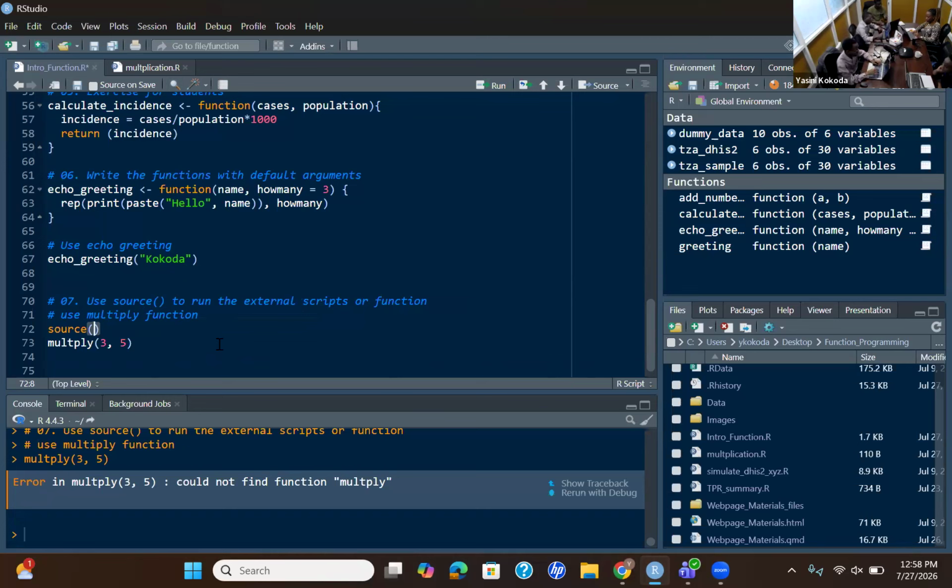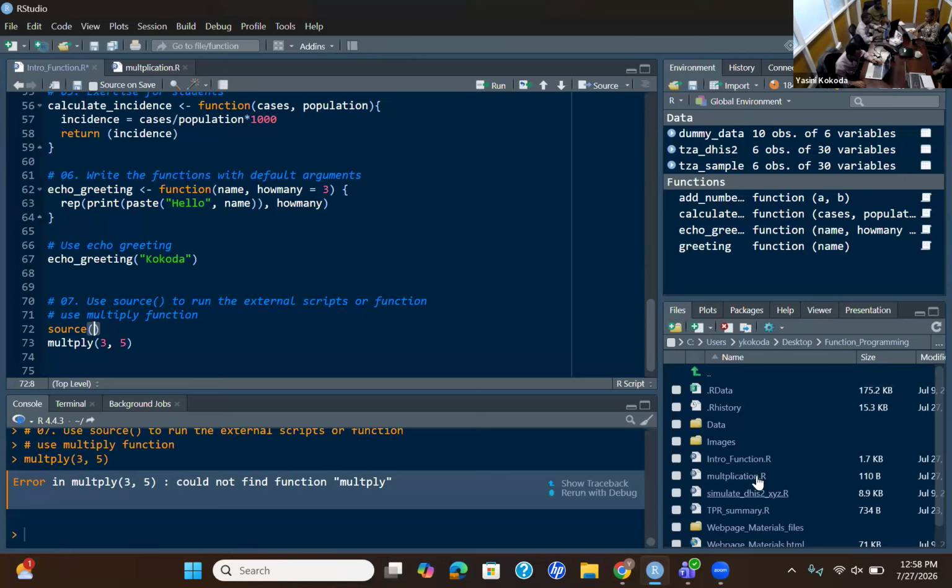You just need to use source and then specify the path where you stored the script. So in our case, it is already here, you just need to specify the name, multiply.